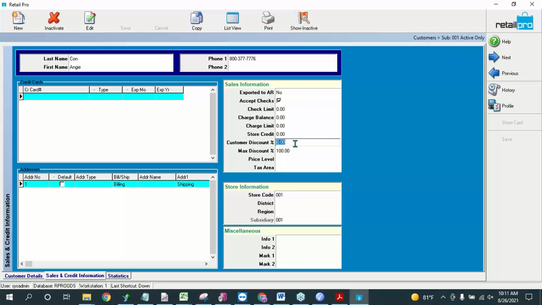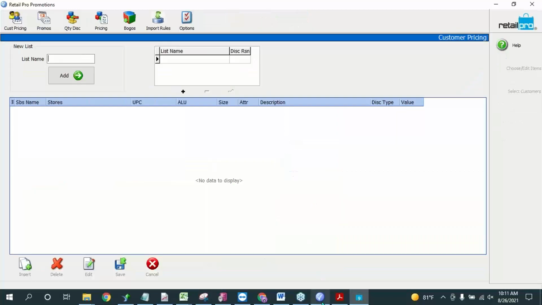And so here is our customer discount. Be careful, we also do have a max discount. Max discount is the maximum they are able to receive. And of course, their customer discount is their automatic discount at point of sale. So if they get a blanket discount across the board, this is the easiest place to add it. Now, if we got to get a little bit more granular here,